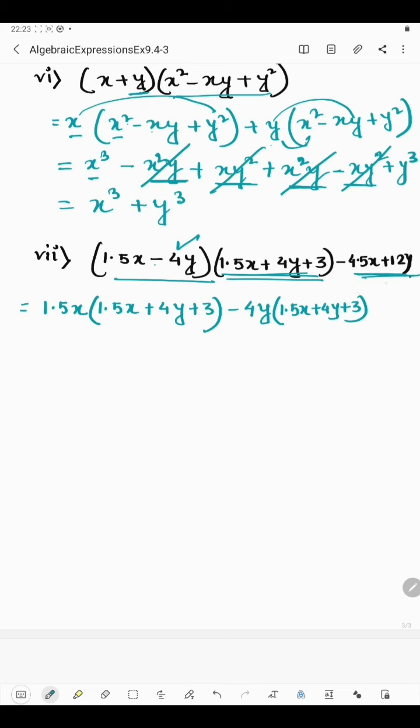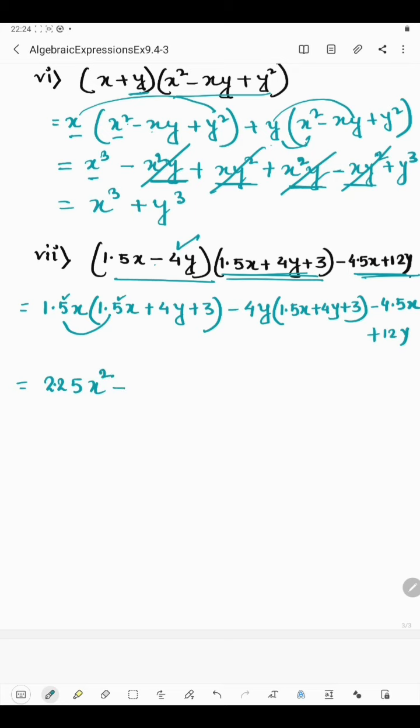Okay, and this part will remain same, so it is minus 4.5x plus 12y. Okay, now this and this to be multiplied. Now at first we will ignore the point, so if you ignore the point, it will become 15 and this also will become 15. So 15 into 15 is 225. Now here after point 1 digit and here also after point 1 digit. So while putting the decimal we'll leave 2 digits and then we will put the decimal. Okay, so it will be 2.25. Now x into x, 2x is present, here is 1x and here is 1x, so it will be x square